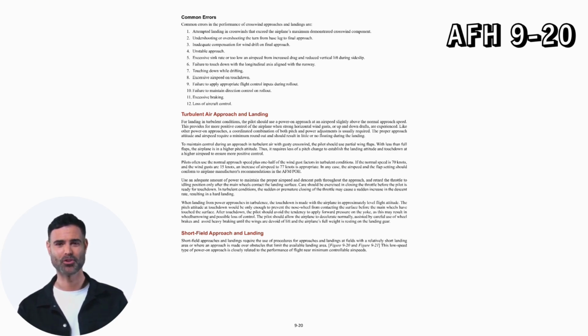The proper approach attitude and airspeed require a minimum round out and should result in little or no floating during the landing. To maintain control during an approach in turbulent air with gusty crosswind, the pilot should use partial wing flaps. With less than full flaps, the airplane is in a higher pitch attitude. Thus, it requires less of a pitch change to establish the landing attitude and touchdown at a higher airspeed to